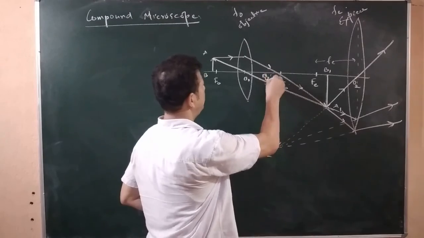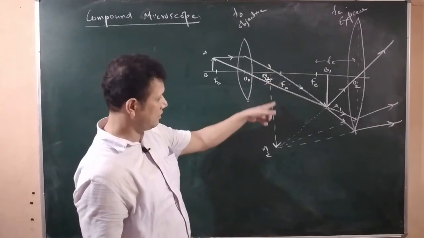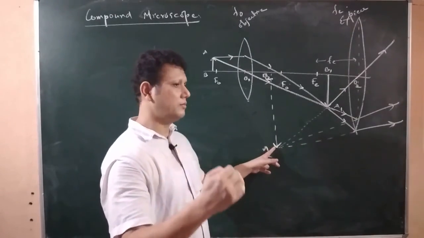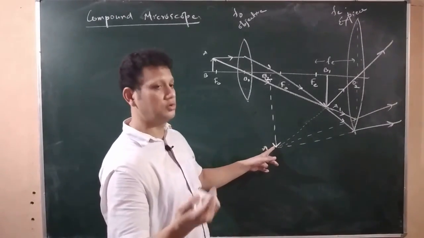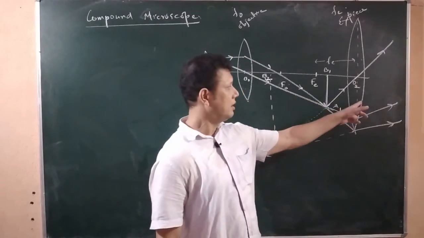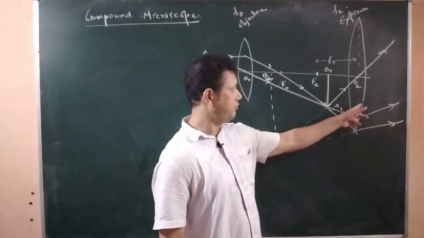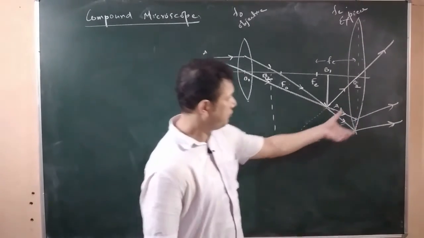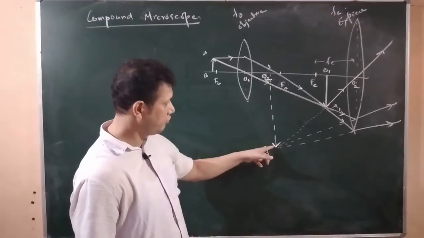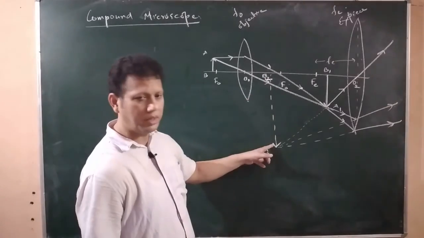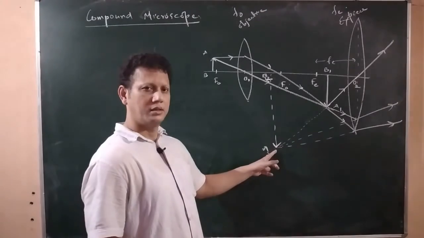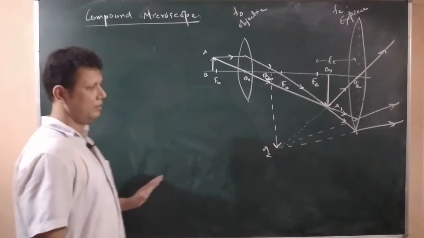A2 B2. A2 B2 is the final image which is formed after consecutively how many refraction? 2 refraction. One refraction is taking place in this lens, the second refraction is taking place in this second lens. So after the 2 consecutive refraction the final image is formed somewhere here. Final image to পাইছো, which is magnified, বহুত ডাঙৰ, erect, সিধা। ইয়াৰ সাপেক্ষে তো সিধাই হৈ আছে. Erect and virtual all